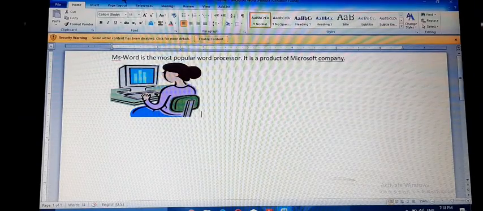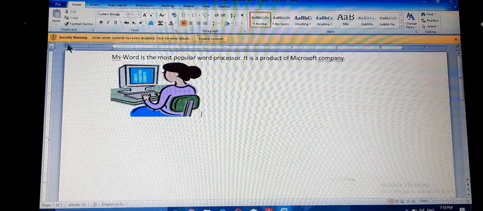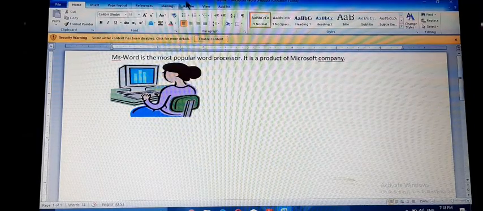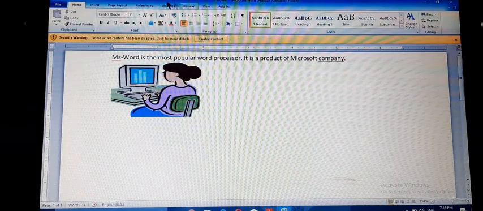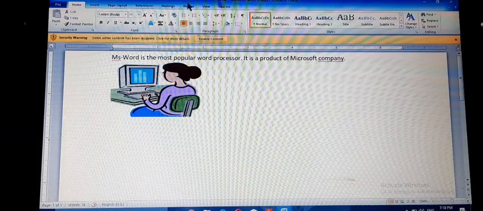So this is the window of the MS Word software. The first bar at the top of the window is called the title bar.